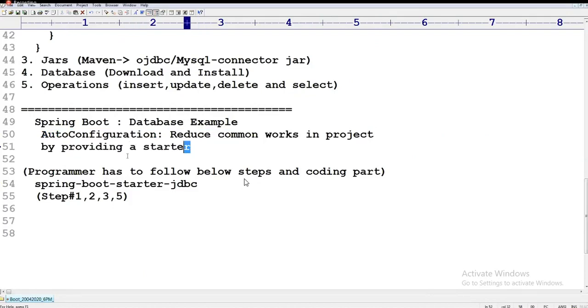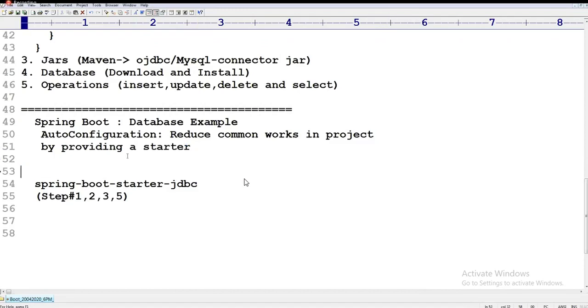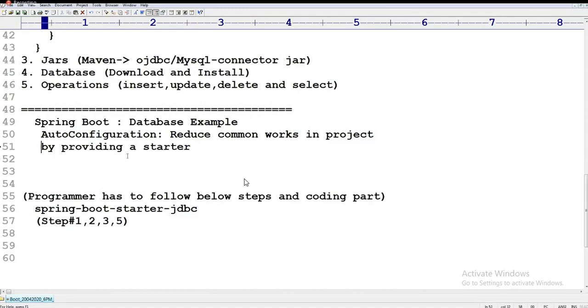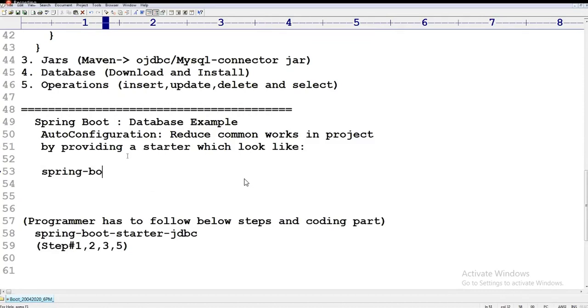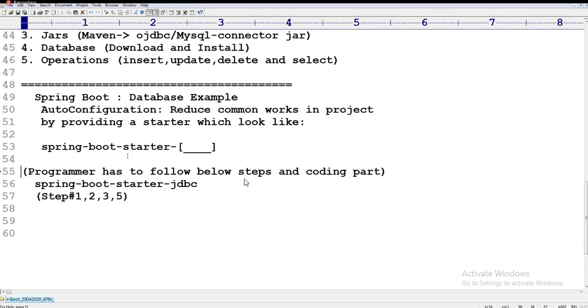A starter will give common starting things, which looks like spring-boot-starter-some-name, like this example here.